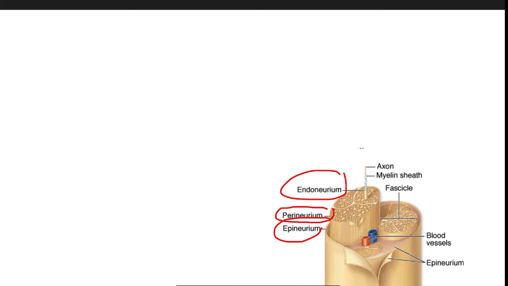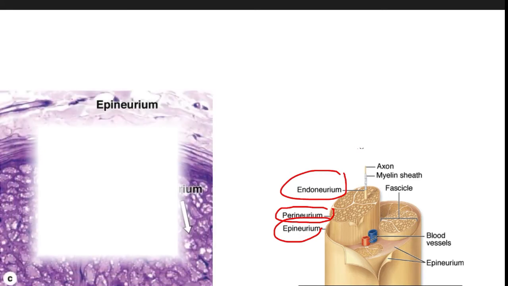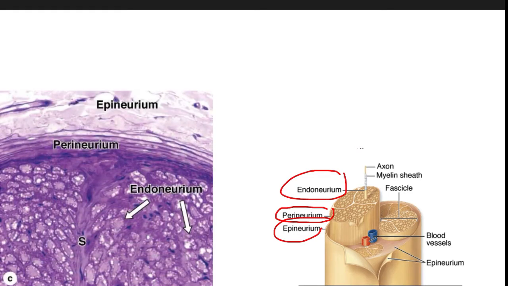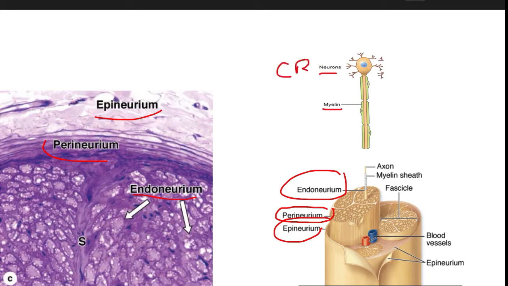If you cut the nerve as a transverse section, again on the histology you can see here the perineurium, epineurium and endoneurium. So this is the peri, this is the epi, and this is the endo. Epi means above. Okay. So when we take one single nerve out of all these fascicles and bundles, we can see that there is myelin, there is a neuron, this is the cell body of the neuron, and inside that there is a bar called the axon. Okay, so this is the basic histology.